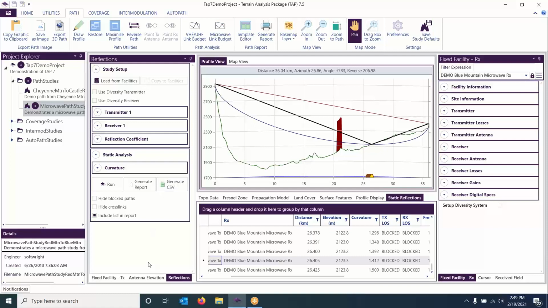When everything's squared away and I like everything that I have in here, you can click Copy to Facilities after I've done manipulating here, getting the values out that I like and adjusting things. And that's it. That is the new Reflections module. We're very excited about it. A lot of new capabilities in there, and you'll find, hopefully, that you should really enjoy it.